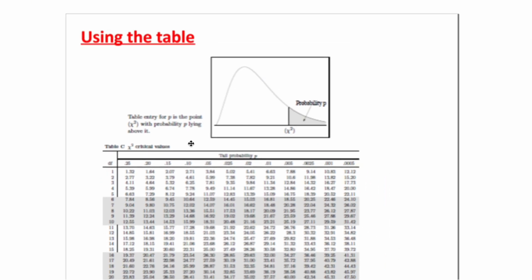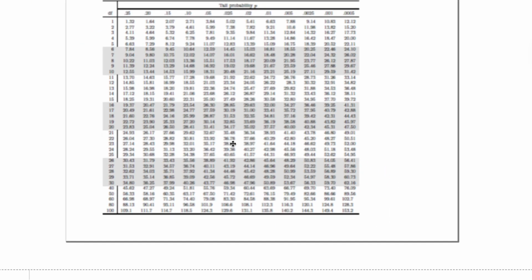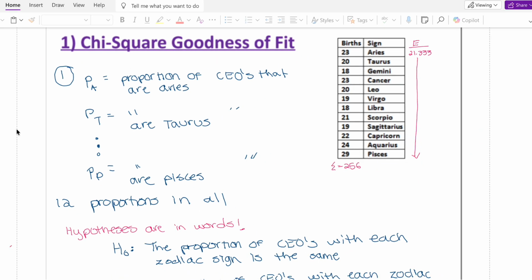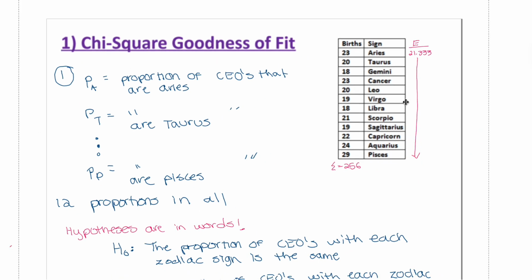And I will dig deeper for it later. So going back to the question, the chi-square goodness of fit. This is a type of chi-square test, and here's the example. So the first step, we always start with labeling the proportions or the p-value for what we're trying to